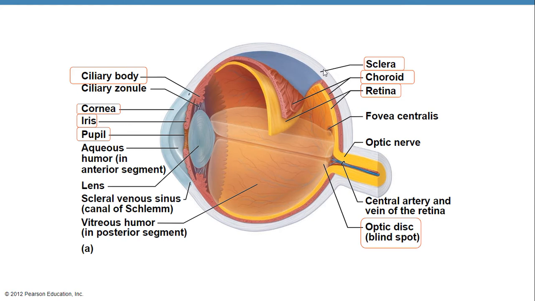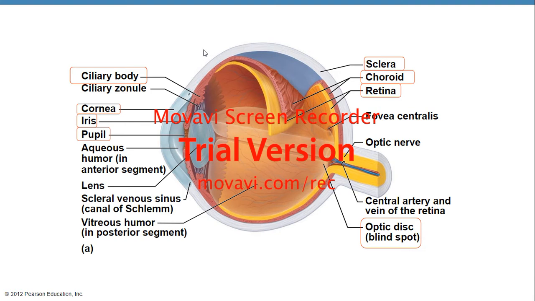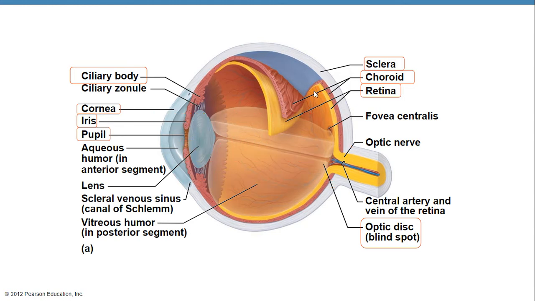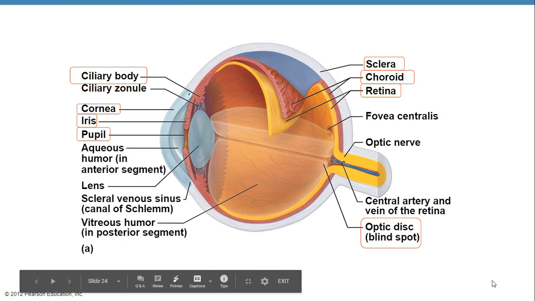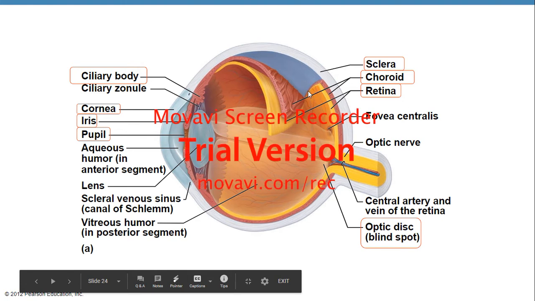The sclera, when you look at the front, is the white of the eye. The choroid, you see in the posterior part of the eye, is the nutrient-rich layer whose pigment prevents the